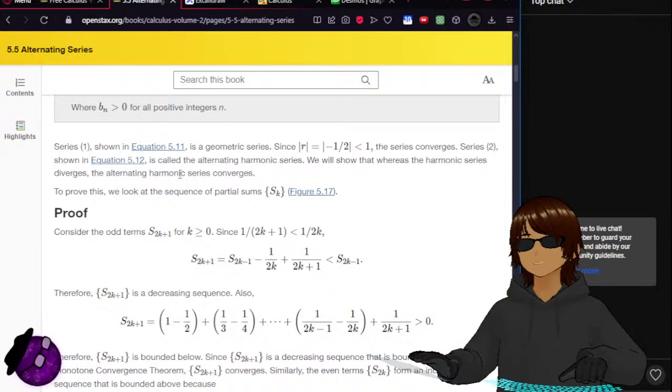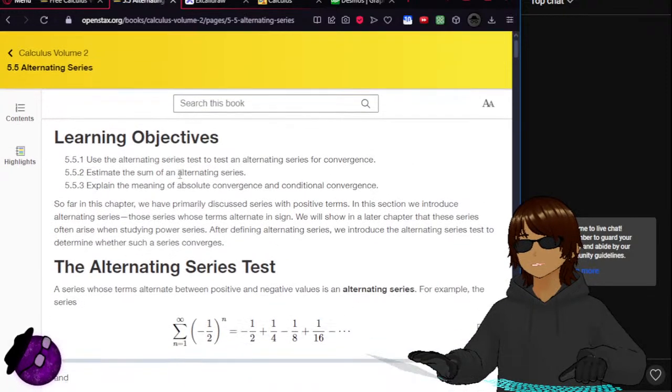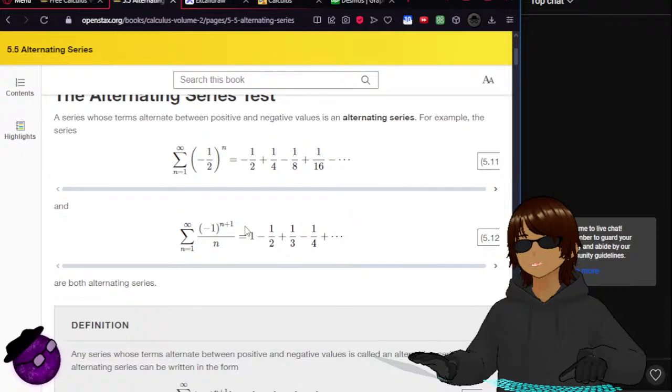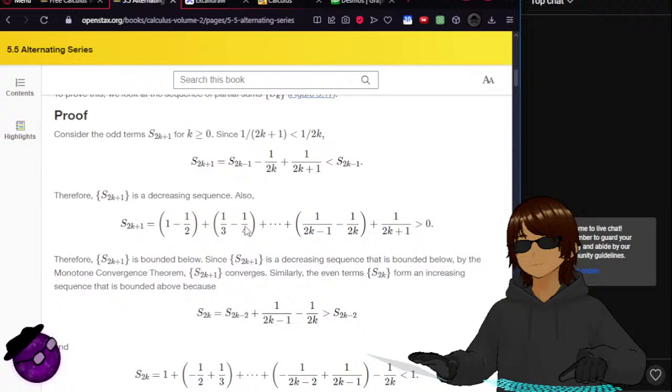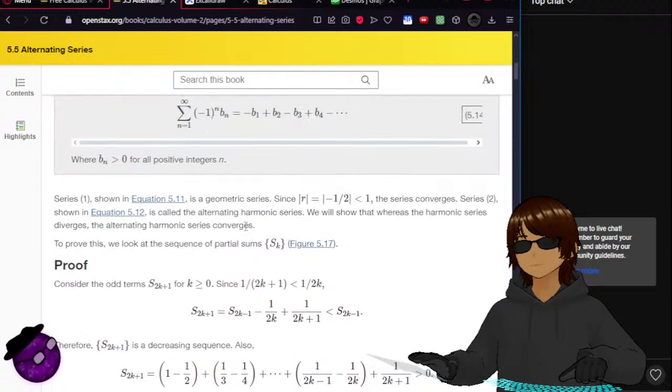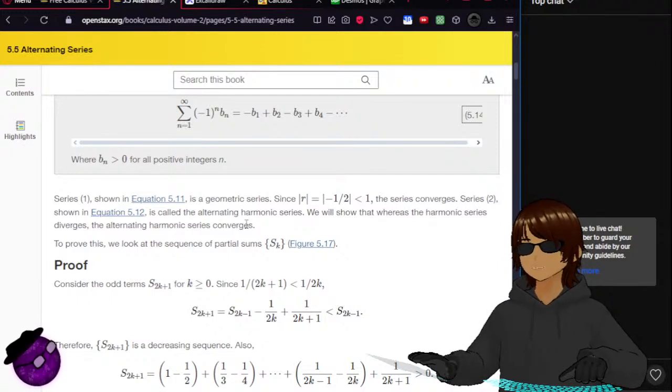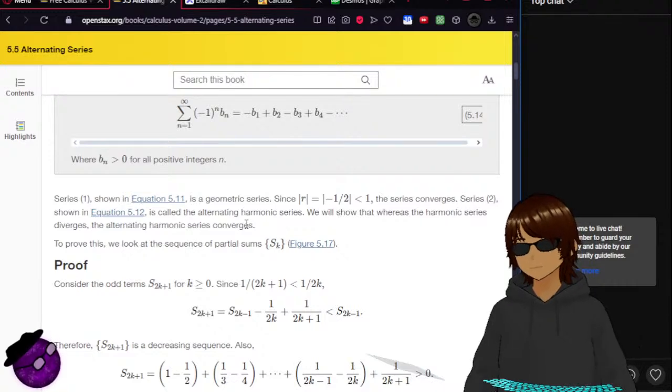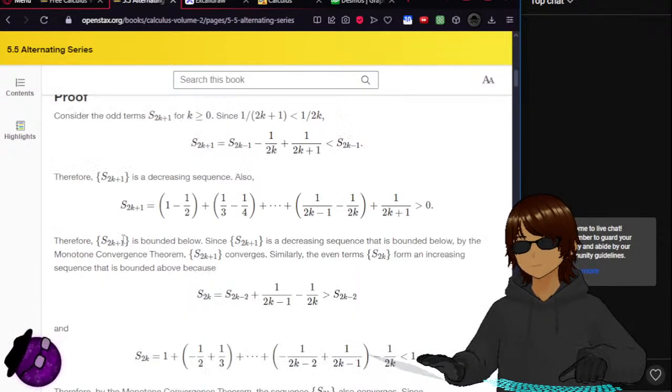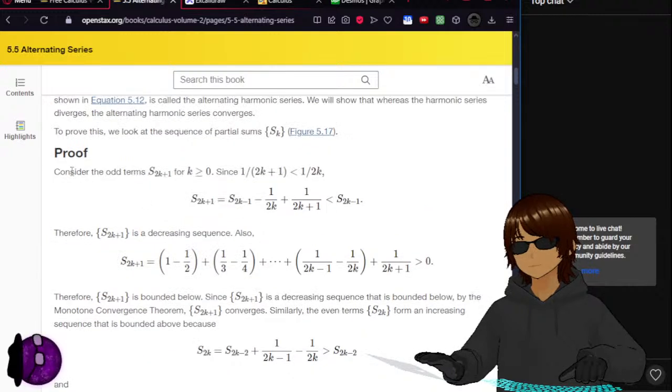Series 2 shown in figure 5.12, which is 1 minus half plus 1 over 3 minus quarter, is called an alternating harmonic series. We will show that whereas harmonic series diverges, the alternating harmonic series converges. Consider